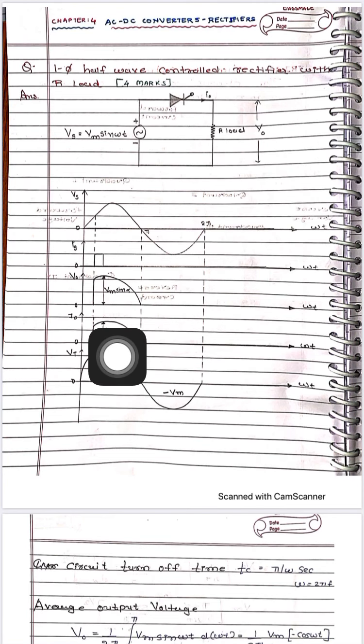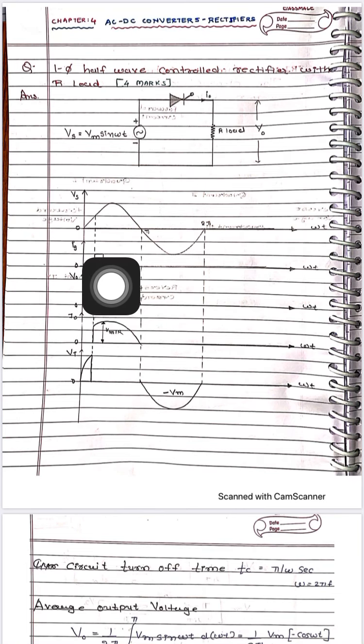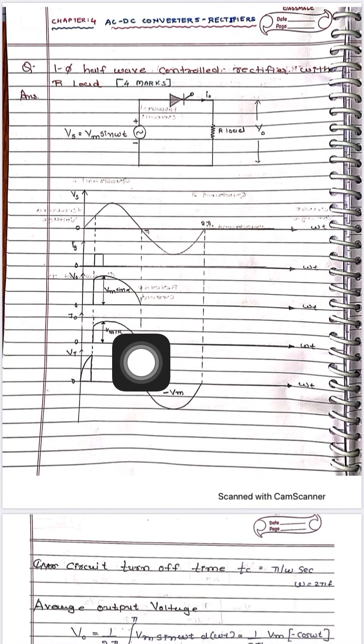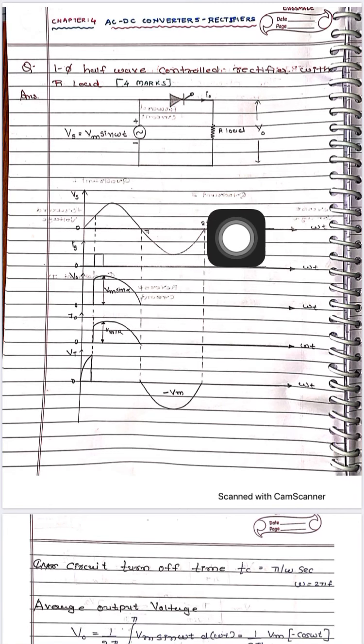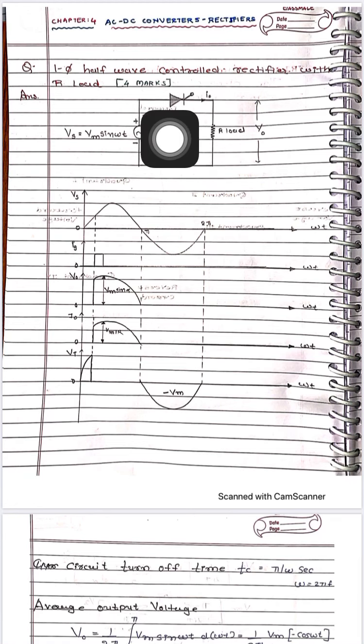So, over here you can see the magnitude of the current will be less than the voltage. You can see the voltage waveform is a little bit higher compared to the current waveform, right. So, I think these 4 waveforms are clear. Now, the most important waveform is the voltage which appears across the SCR.